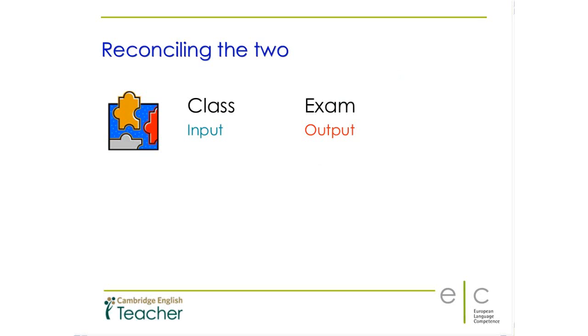But that's one of the basic differences, that classes are concerned more with input, not only, of course, learners also produce output in classes, but exams far more with output. Then there's the question of opportunities, or opportunities and an only chance. The classroom is a place where learners should have lots of opportunities to do lots of different things. We'll come to some of those in a second.